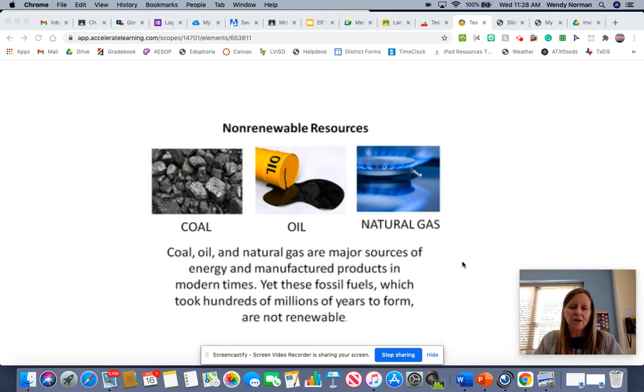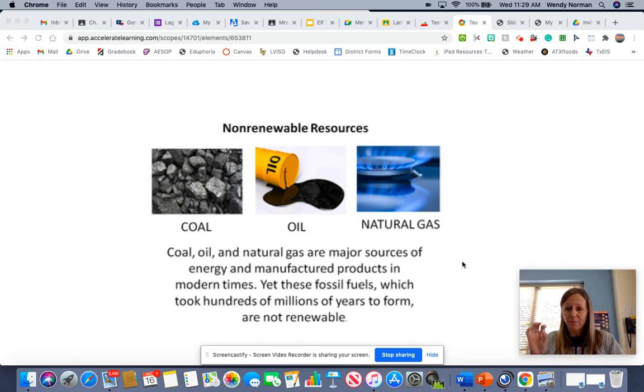Some of the things that are harder to do is the fossil fuels. So non-renewable resources. The ways that we can conserve some of these is by carpooling. If your mom takes you to school, and of course, granted, right now is not really a good time for that. But in normal cases, in the normal world, in a normal day,